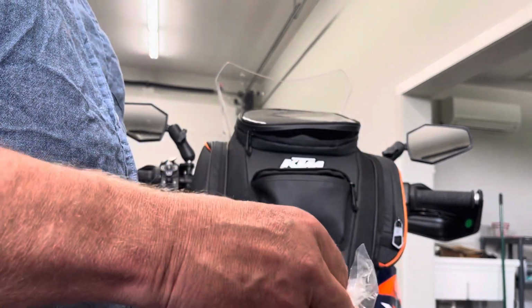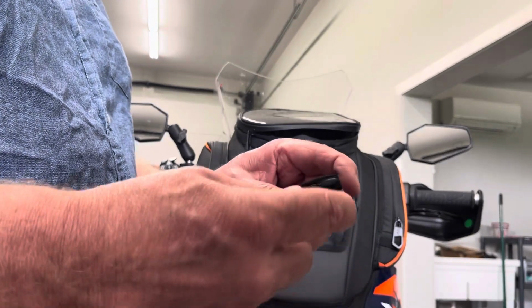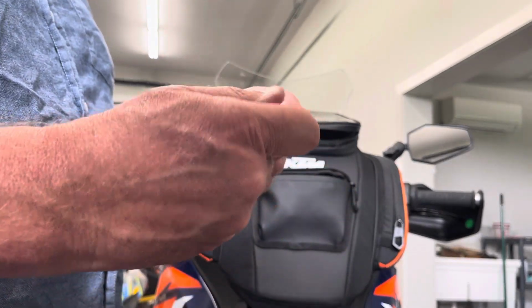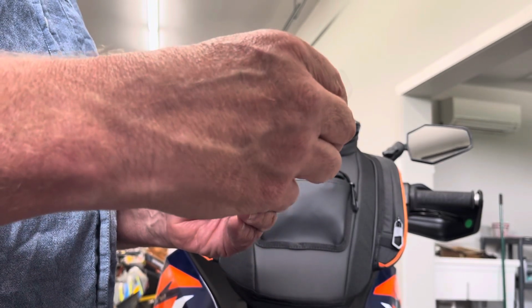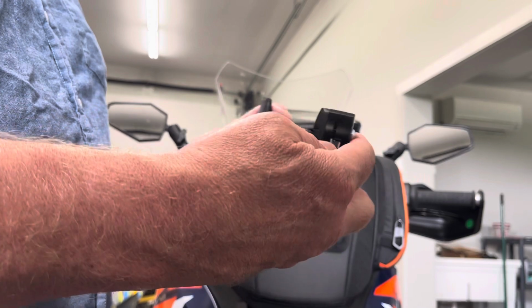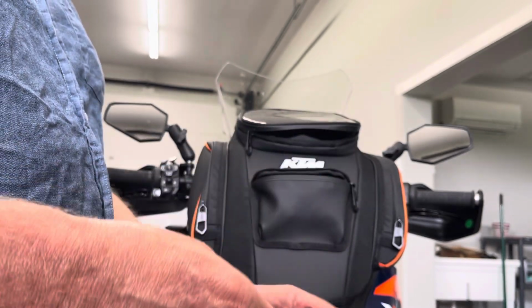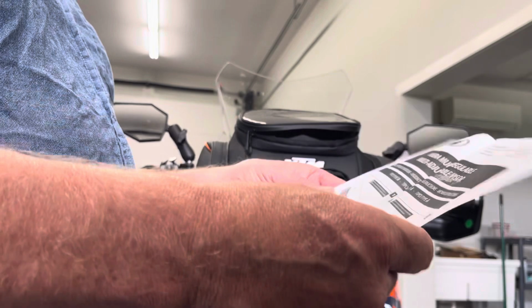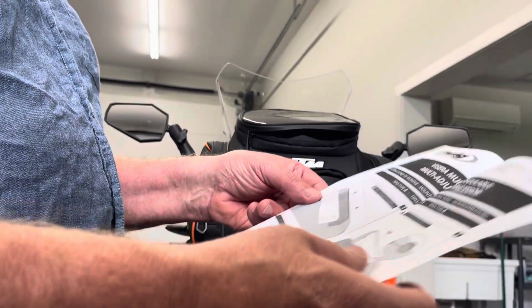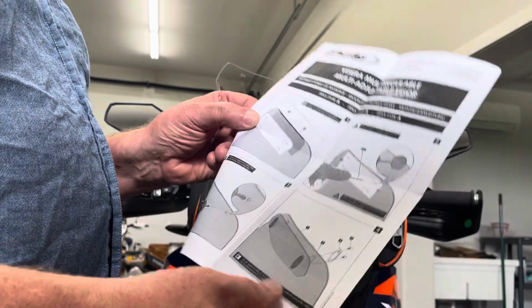Here are the parts in this thing. Oh, yes, it does have that little, I think you have to undo that. Oh, wait a minute. No, I don't know, actually. Okay, this goes on here. The best thing to do is put it together, right? You've got the instructions, right? Although this is probably going to have something different and bigger and all that. Oh, yeah, it looks like to me it does